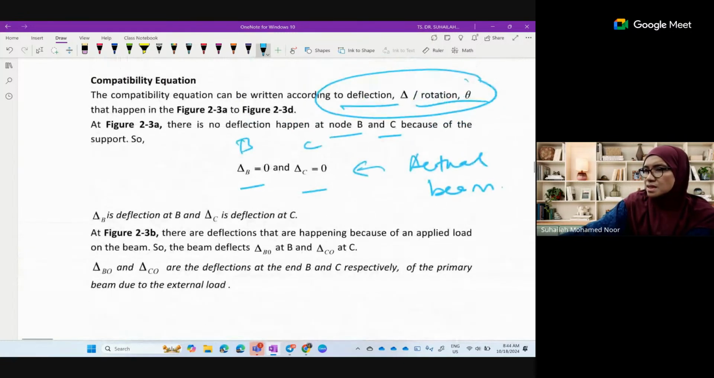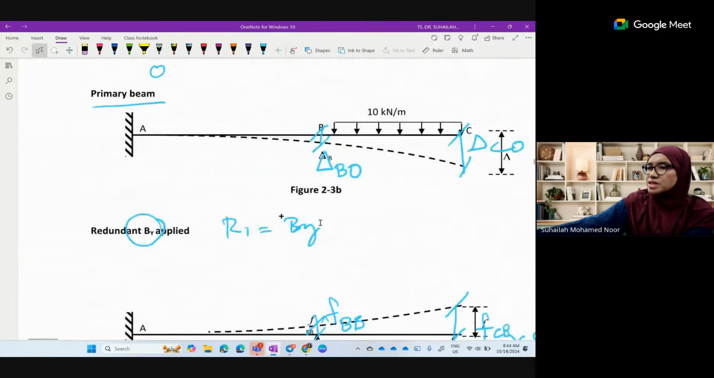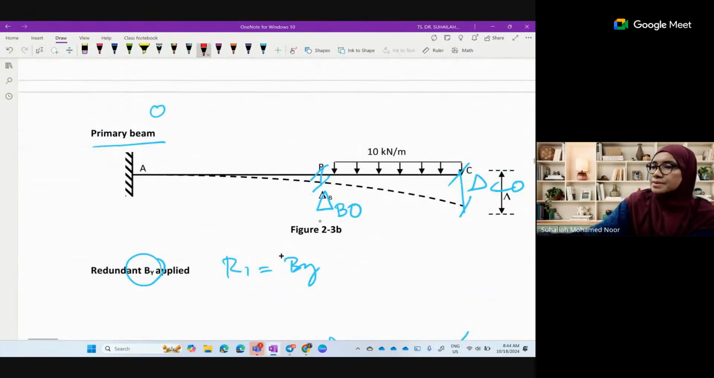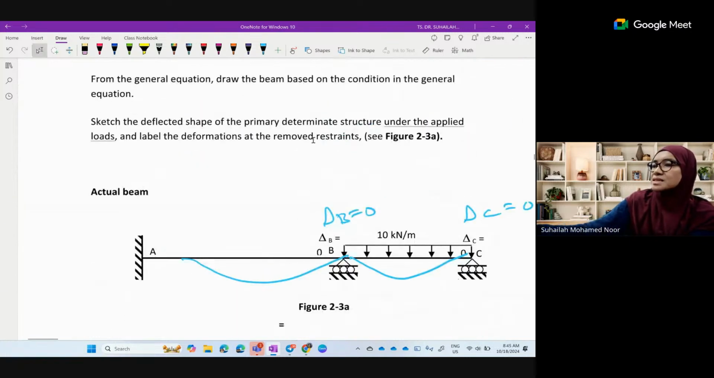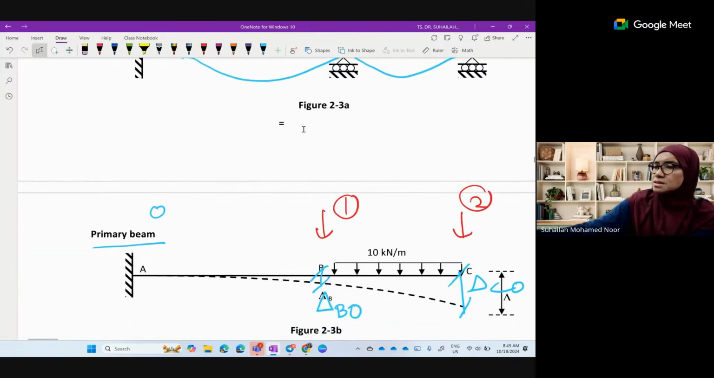Tengok balik diagram ni. Okay, kita buat 2 equation. Dan tadi just explanation, this is equation number 1, this is equation number 2. Sesuai lah ini redundant 1, redundant 2. Okay, so for equation number 1, bukan daripada atas, daripada sini. Okay, this is equation number 2. Okay, so equation number 1 means